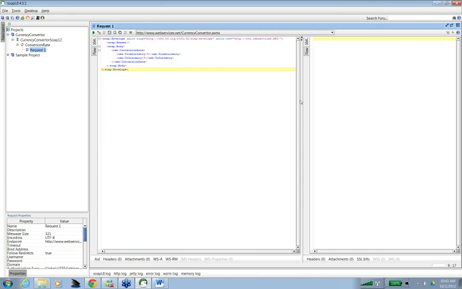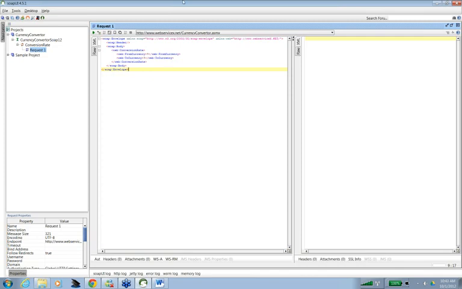So it's a very simple idea to understand. The left side is the request which is being sent, and the right side would be the response which would be received. There are two options here, XML, and we have raw request also. Let us try to read the information it has. In our case there is no header because it's a free web service, so we don't have any authentication as such. We have a body in which we have a few parameters.